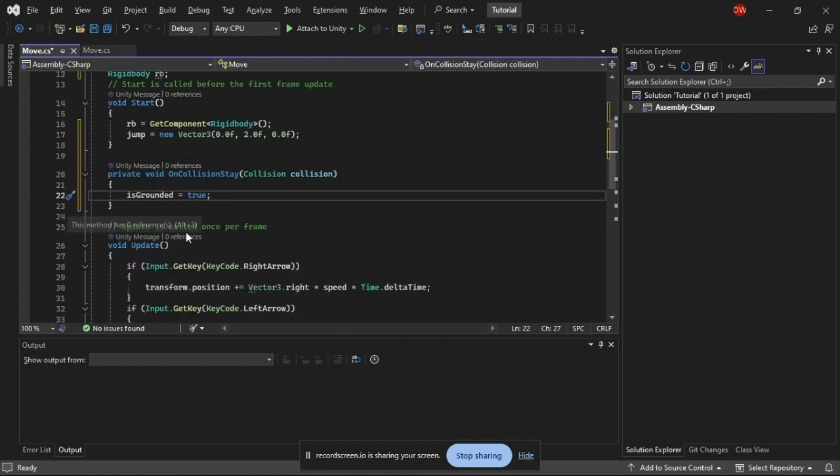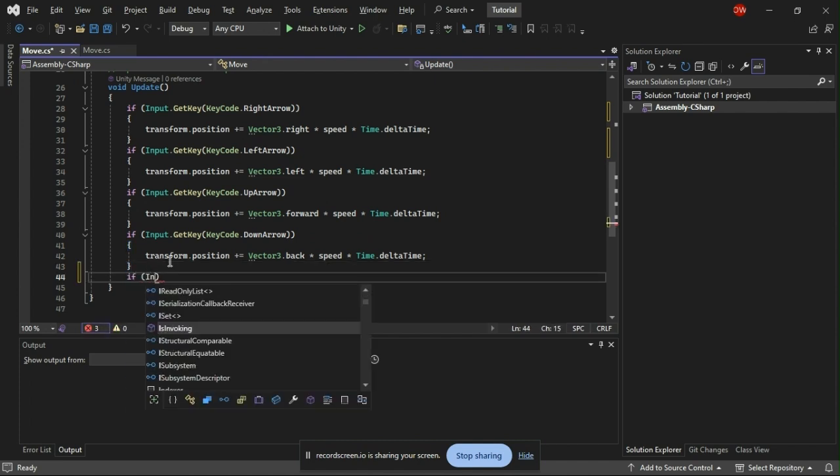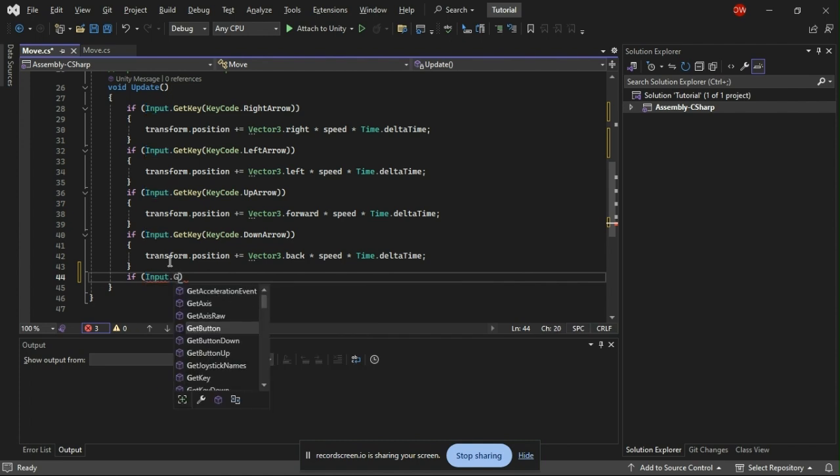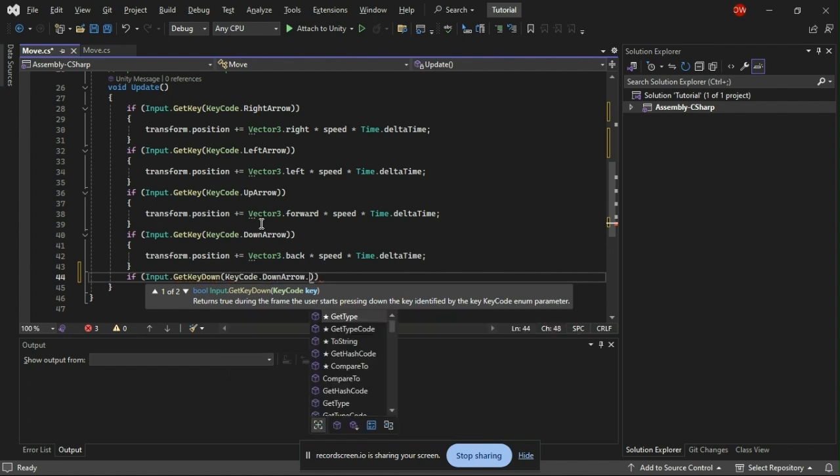And in Update, we're going to do something similar to what we've done here. We're going to say if Input.GetKeyDown. Now instead of GetKey, we're going to do GetKeyDown. We did GetKey for all of these because if you hold it, you should be able to move around. But if you hold the jump button, we don't want them to just fly away forever. So this is just a press, not a hold. If it's the space key,